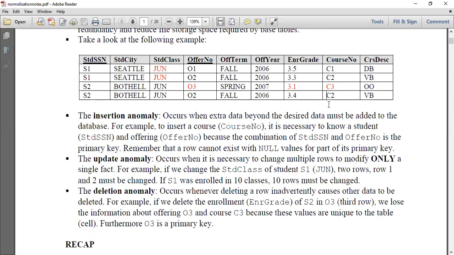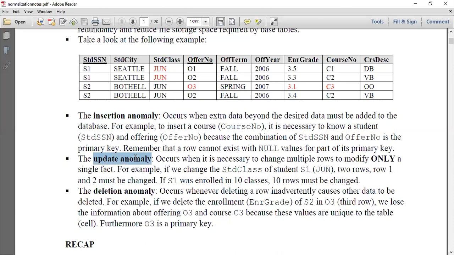If I want to add C4, then in that row we also need to add the details of the student and the details of the offer. Because until there is a student and an offer for the new course C4, you cannot add a row. This is called the insertion anomaly.